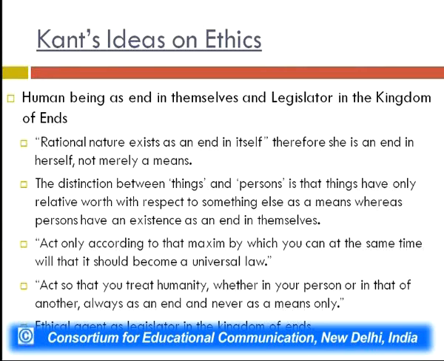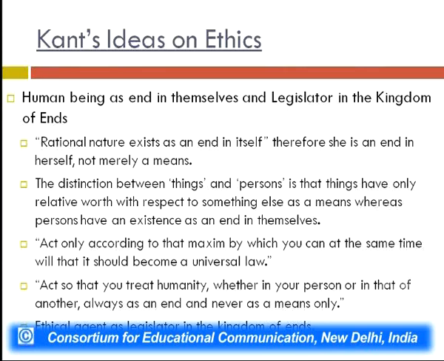What he says as a part of this point is rational nature exists as an end in itself. So, Kant emphasizes the rational nature of all human beings, even though we have natural inclinations also. But what is distinctive about human actions is that we can act rationally, unlike